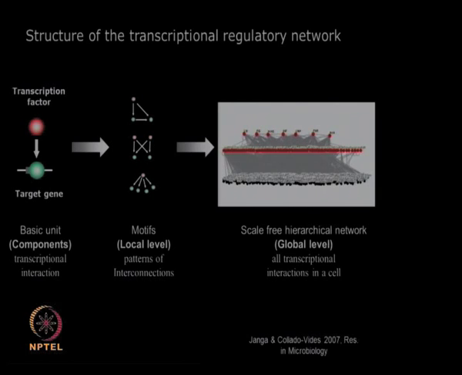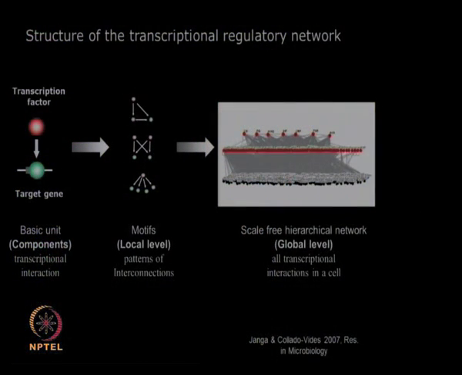So, in a way, there are transcription factors which are at the top of the system, there are transcription factors which are controlled by this top layer, and there are subsequent layers. And the number of layers in such a hierarchical structure depends on the complexity of the system. Now, in between the top and the bottom layer,